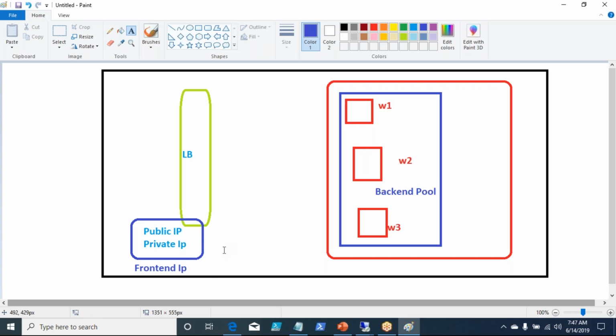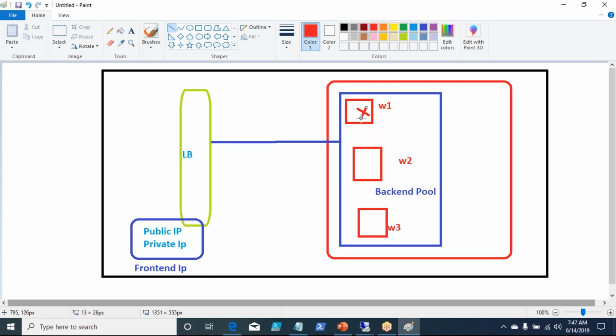Okay. Now you need to configure your load balancer to this backend. But till here everything is fine. What if one of the web servers is down?